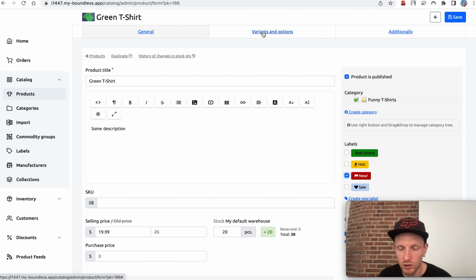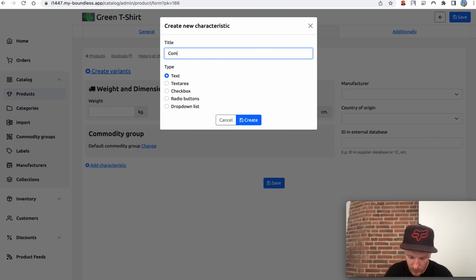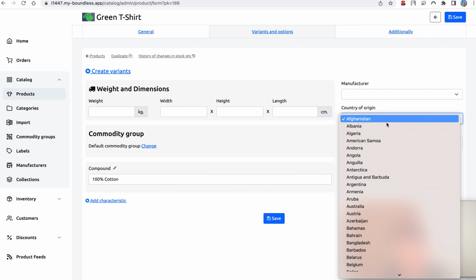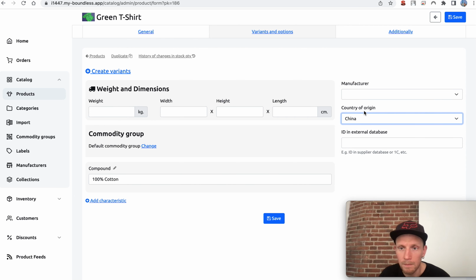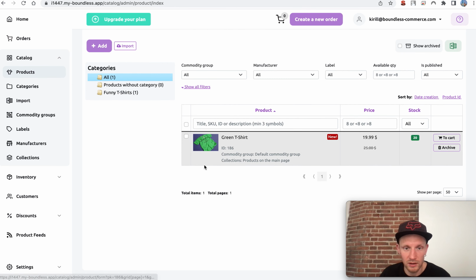Oh, okay, we can also add some characteristics to the product. For example, if I go to variants and options, I can create variants, but let's keep it for now. Let's add a characteristic. For example, the product has a compound, and it's a text characteristic. And let's say that it's 100% cotton, and it's from China, right? Okay, and now I think we can save the product. So this is the product, and